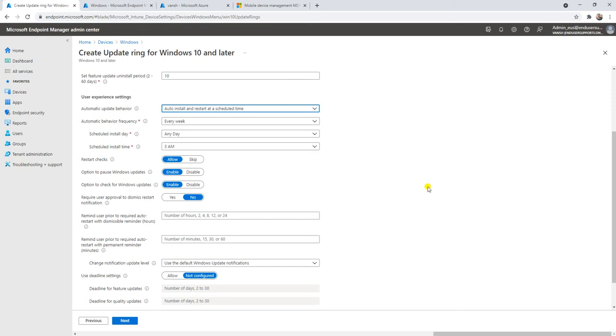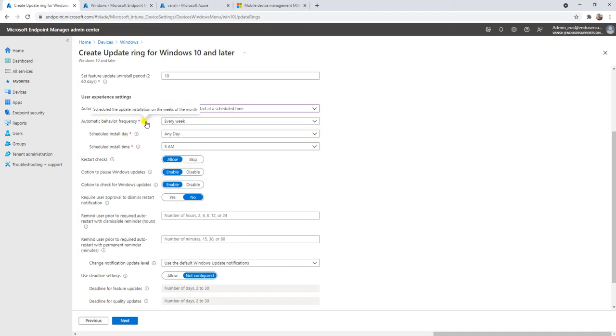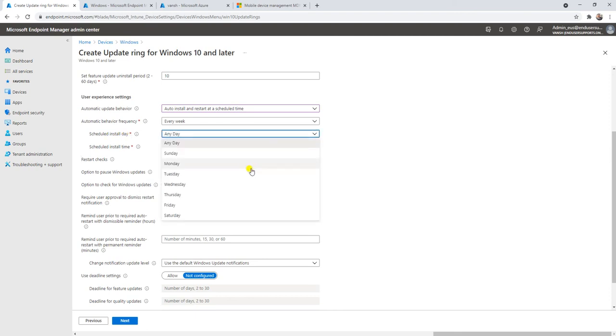Whenever we schedule, it will install and it will reboot at that same time. So now the automatic behavior frequency, I can say weekly we can set up, and schedule the update installation for a week of the month, the scheduled day, install day, and when it can be installed.